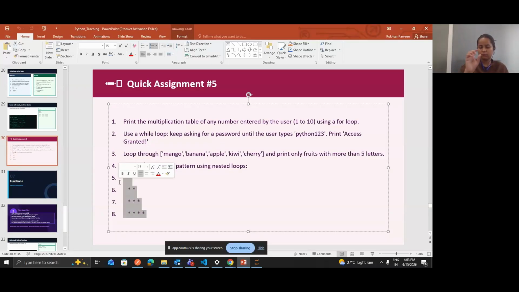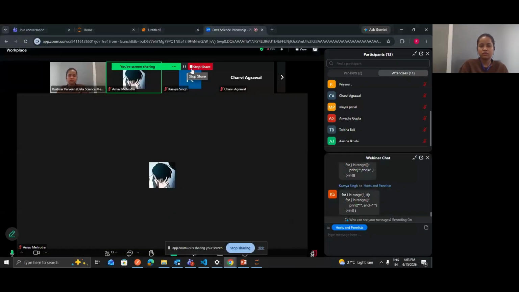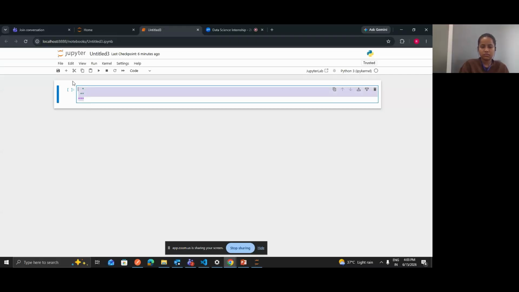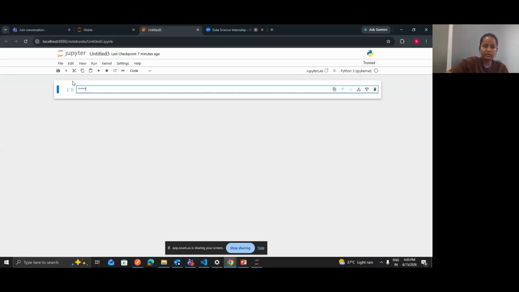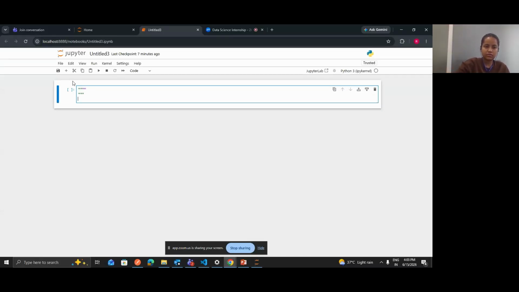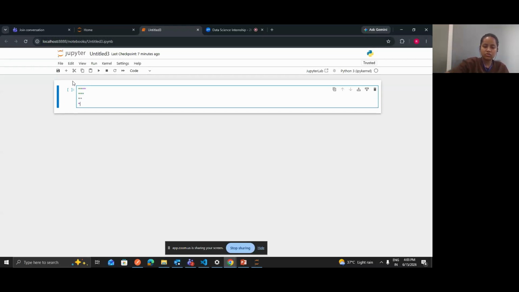Like we want four stars first, then three stars, then two stars, then one star. What will change in the logic? What do you think?